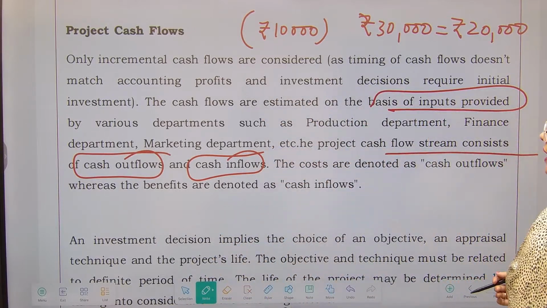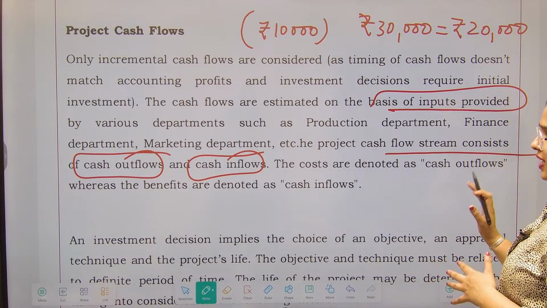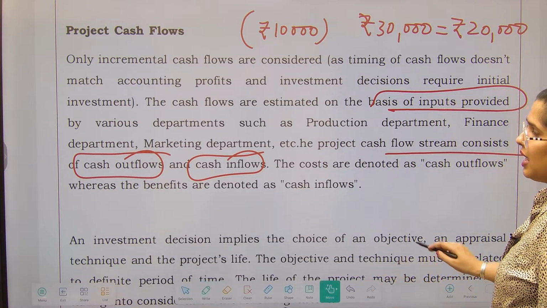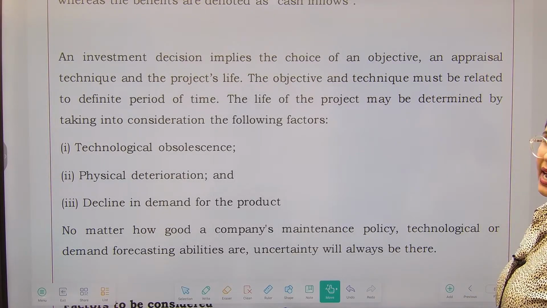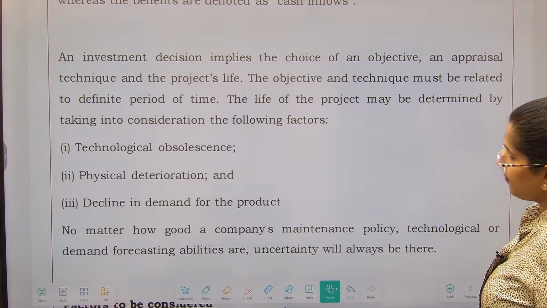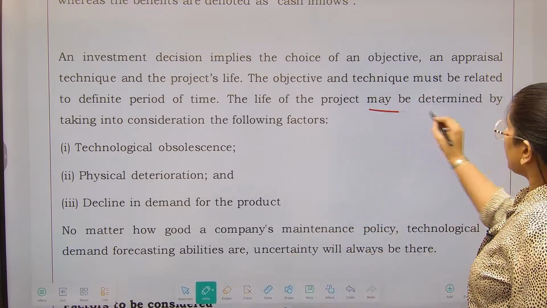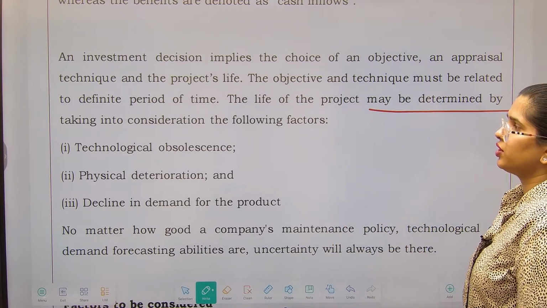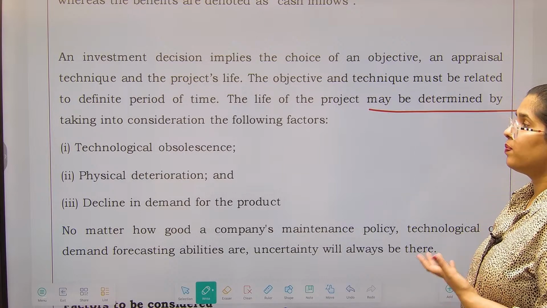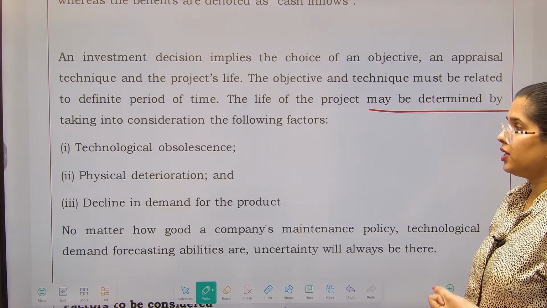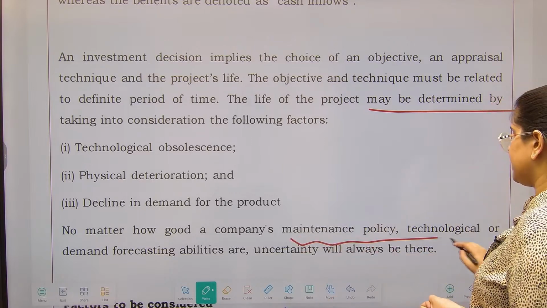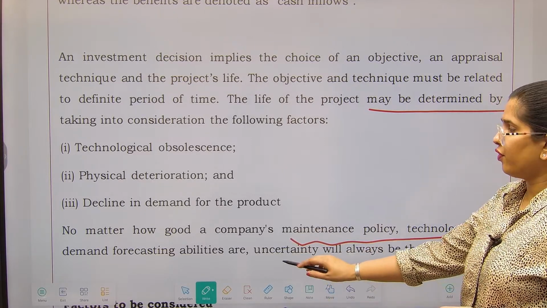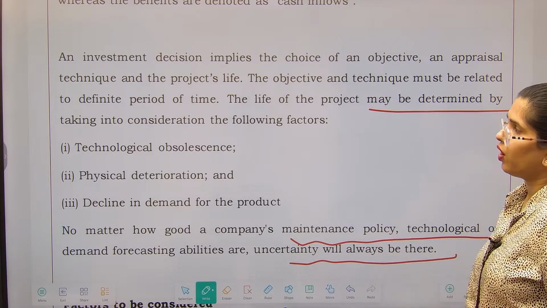So costs are denoted as cash outflows where the benefits are denoted as cash inflows. An investment decision implies the choice of an objective, an appraisal technique and the project's life. The objective and technique must be related to a definite period of time. Life of project may be determined by taking into consideration the following factors: technological obsolescence, physical deterioration, decline in demand for the product. No matter how good a company's maintenance policy, tech or demand forecasting abilities, uncertainty will always be